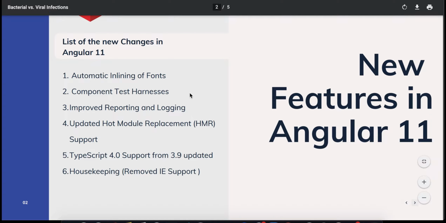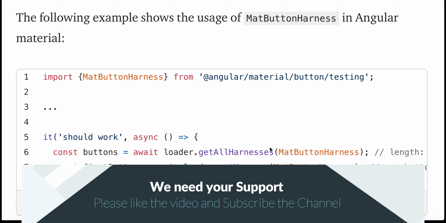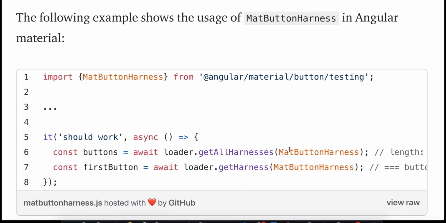It is not only for Angular Material anymore. You can see an example here. The following example shows the usage of MatButtonHarness in Angular Material. You can see this harness has been used to target the button of the component. So this is how you can use the component test harness.